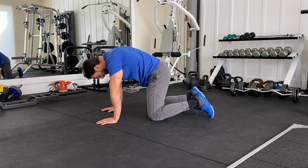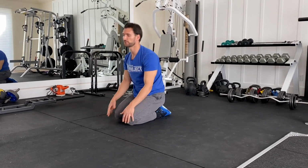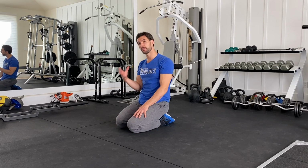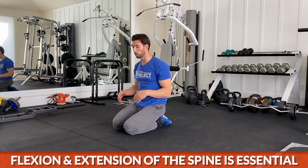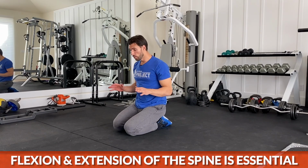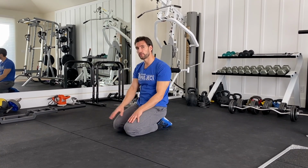And then we exhale. Now this is a unique stretch because one of the things we want to do with our spine, especially important as we age, if you don't have back problems now, this is something to do preventatively, is we want to do flexion and extension exercises to keep that spine mobile. That is what this cat-cow does. We're getting extension, and then we're getting flexion, and extension and flexion, back and forth,